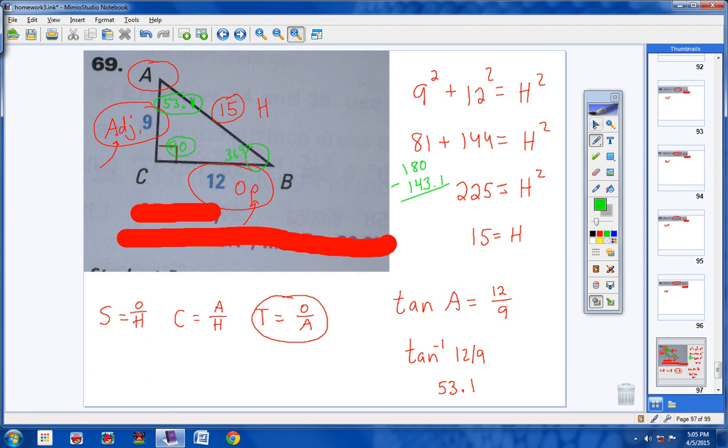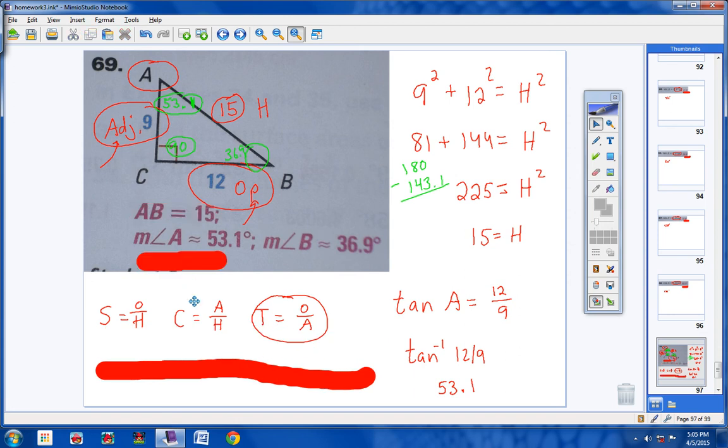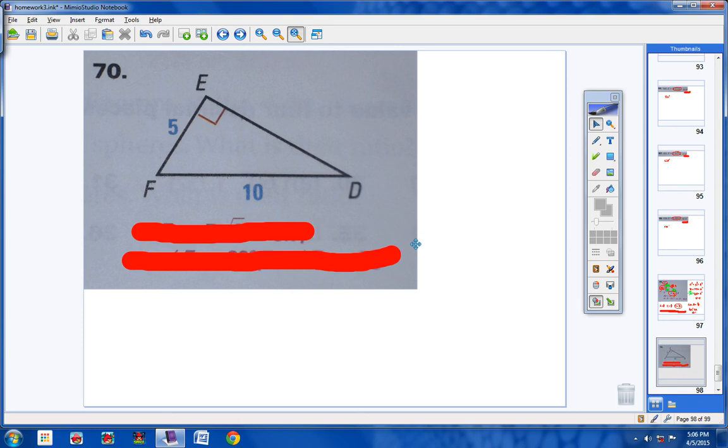36.9. So there we go. There's your answers, and they are exactly correct, okay? Let's try a couple more of these. Number 70. Alright, now,